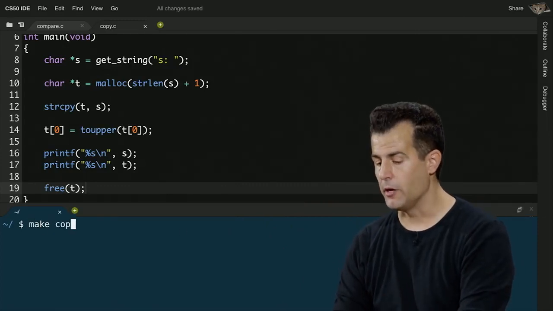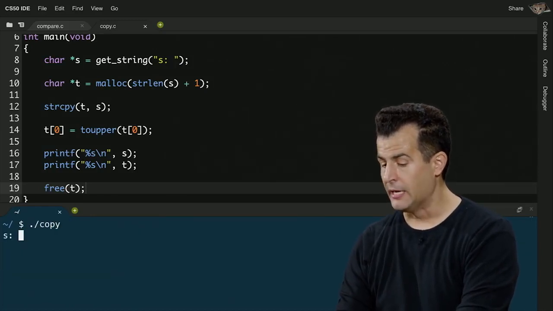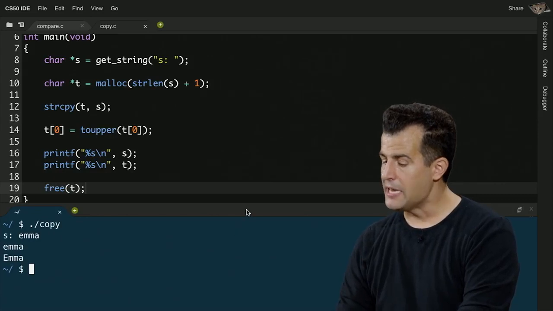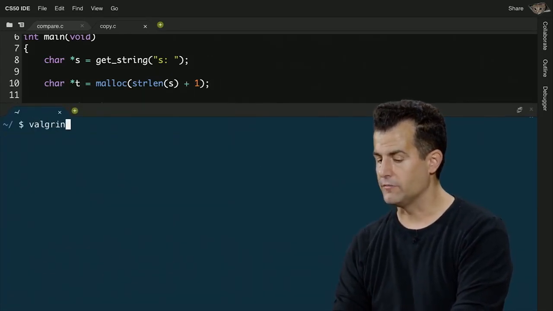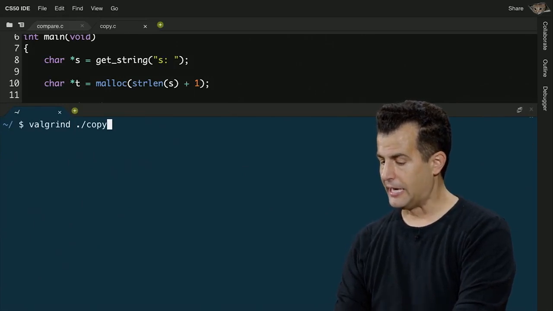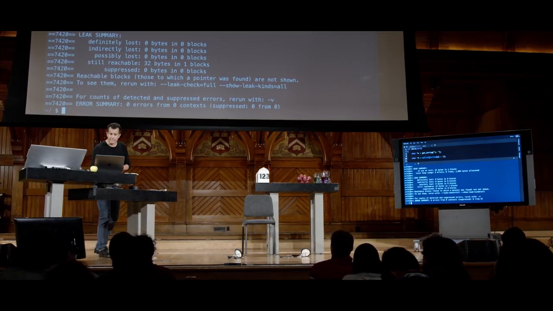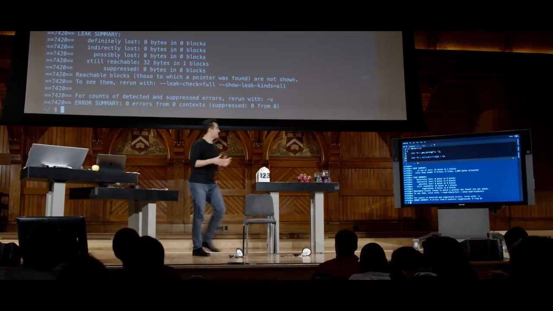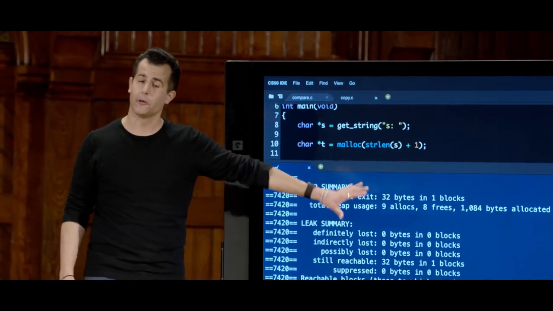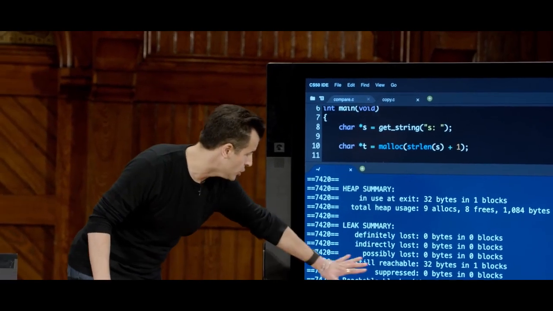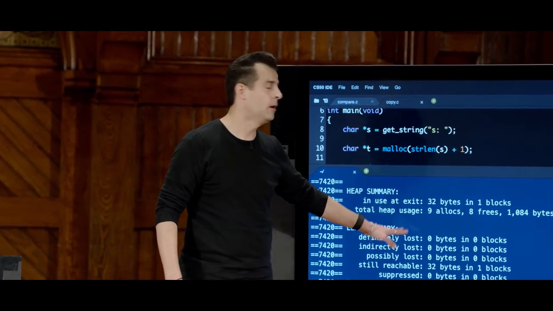So now let me go ahead and run copy. And if I run copy, it's not going to seem to run any differently. It's still going to work correctly. But now if I analyze it for mistakes with Valgrind, so valgrind ./copy, I'm going to again type in Emma in all lowercase. And I cross my fingers that indeed now, leak summary, 0 bytes in 0 blocks. So unfortunately, even when all is well, it still spits out a mouthful. But now I see no mention of blocks that are actually leaked, at least in the top part here.